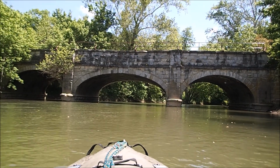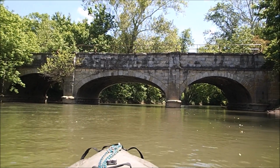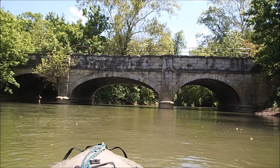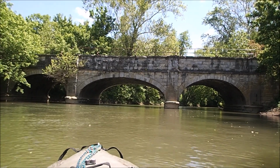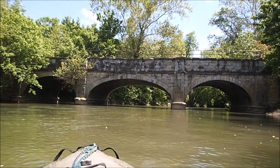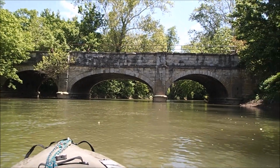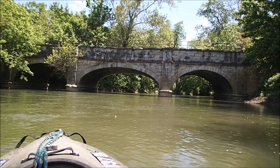Now we're down at the mouth of the Antietam Creek, and it is a little bit high for sure. That is the Sino Canal in front of us, and that is actually an aqueduct. The canal itself runs up inside of that bridge-like structure, and what they would do is pull barges along through the water with mules. The mules would walk along a little path, and the barge would be in there with a family who would live on the boat, and they'd go back and forth between Cumberland, Maryland, and down near